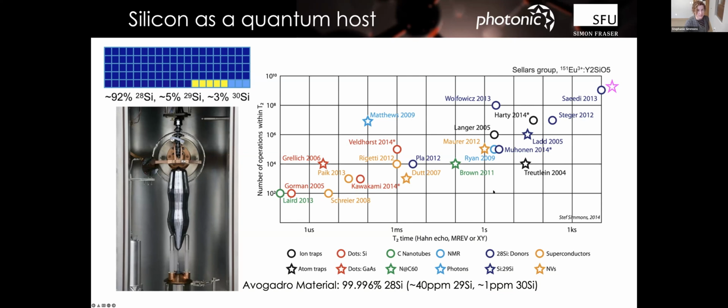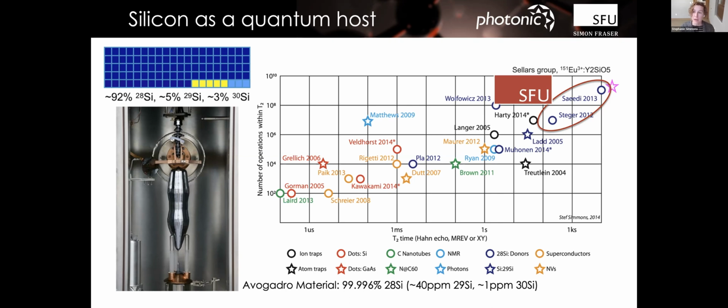This is a very old slide now, but a lot of these records still show you the kind of trends. We have solid state silicon options here which are really outperforming. And if you didn't know, these are Canadian numbers, setting records ages ago. For completeness, after this was made, there is some rare earth material that goes beyond that, but basically that's the trend. If you're working from a computational perspective, you want to be thinking about the number of operations you can do before that lifetime goes. It sets the bare error rate, and if you want good error rates for error correction purposes, you want to be upwards on that graph. But the lifetime itself can matter for communications applications. So that's why we're quite comfortable working with spins in silicon.